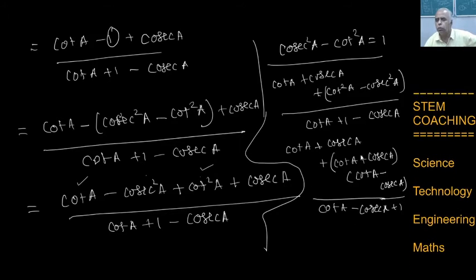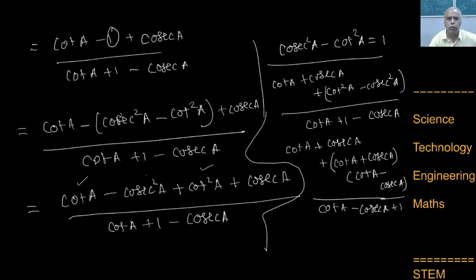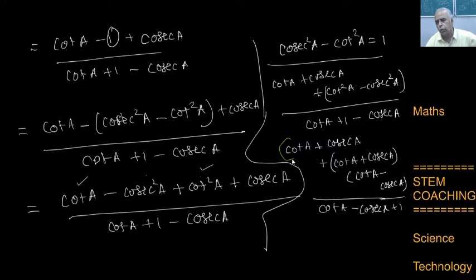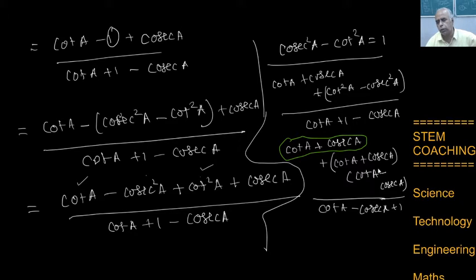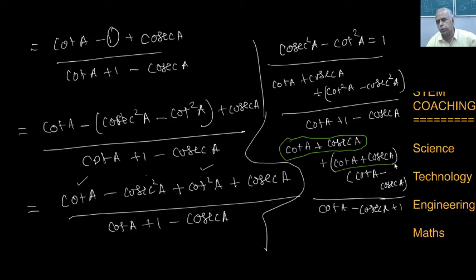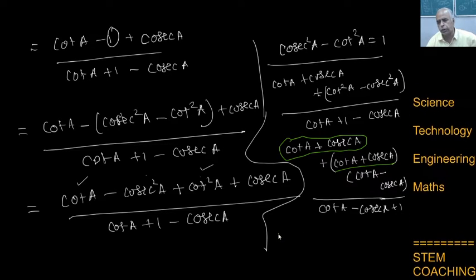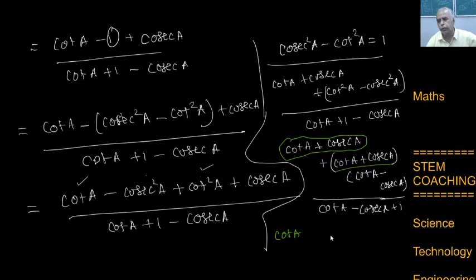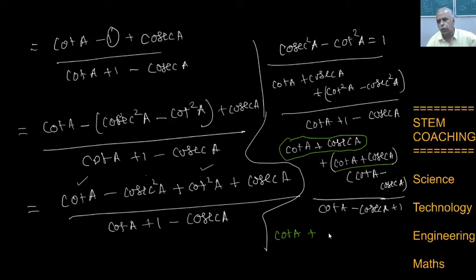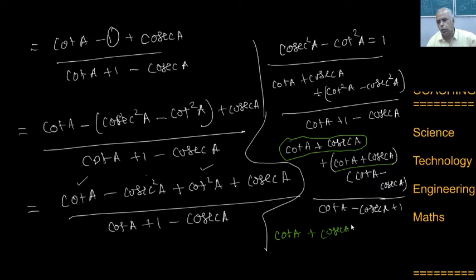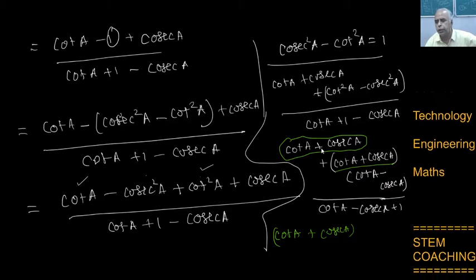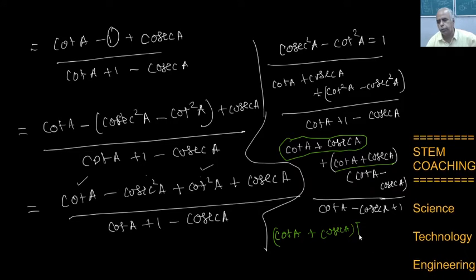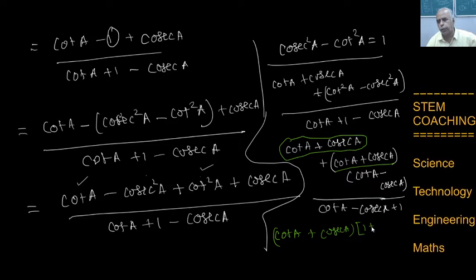Okay. Now in both cases you have cot A plus cosecant A common. You can take the GCD. You have cot A plus cosecant A. This is one term, and another term cot A plus cosecant A. So taking cot A plus cosecant A outside the bracket, is it not? So cot A plus cosecant A outside the bracket. Now the remaining is what? When you take it outside the bracket, you are dividing by that. So it means 1 plus